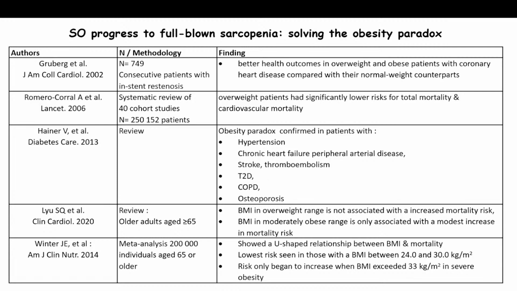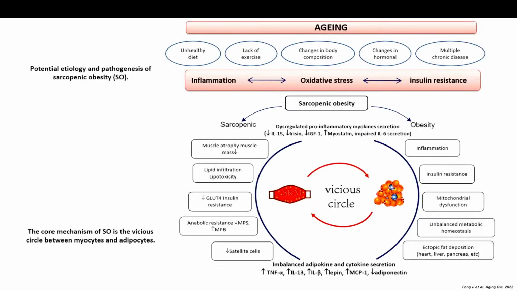So these are the studies in which they have shown that although patients had sarcopenic obesity or sarcopenia, still the chances of various complications were less. Now coming to the mechanism of sarcopenic obesity. What happens in aging? There is unhealthy diet, lack of exercise, change in body composition, change in hormonal status, and there may be multiple chronic diseases. This can lead to